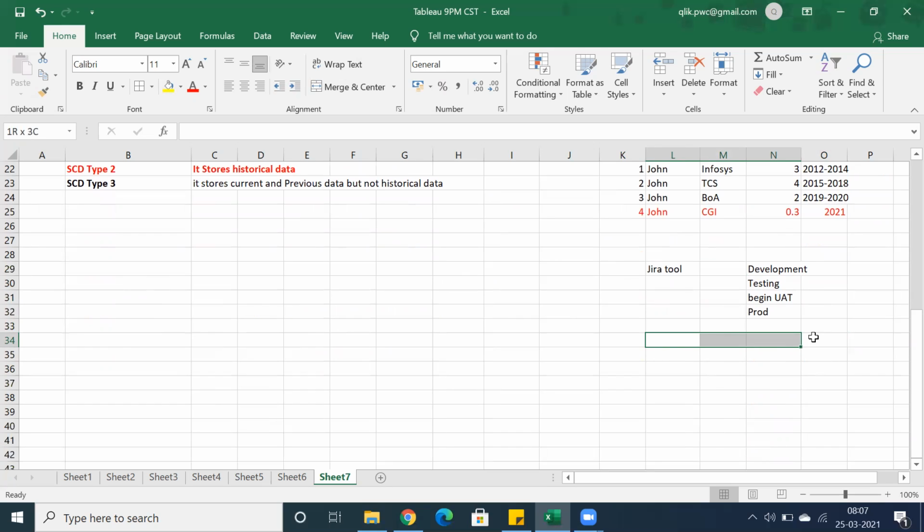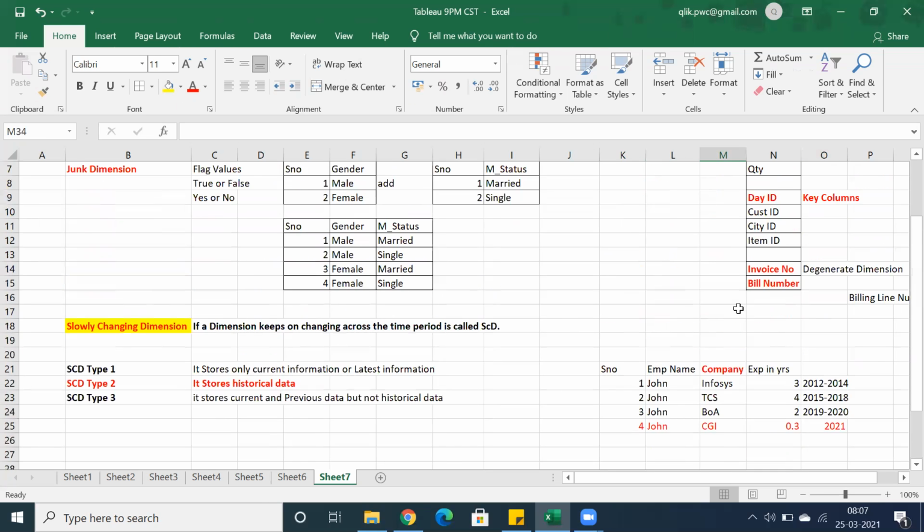You have to complete this project in a month, with a step-by-step process. That is what SDLC is. We don't worry about this information, because ETL is going to work on this SCD to track the changes in the data. So that's not an issue.